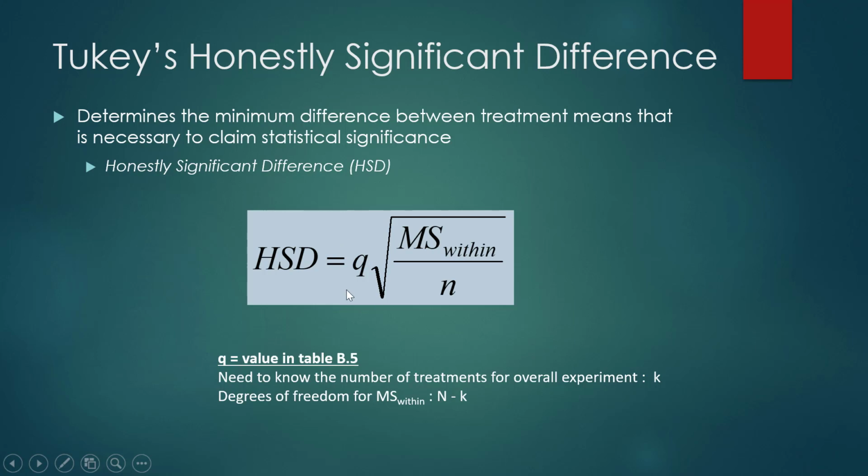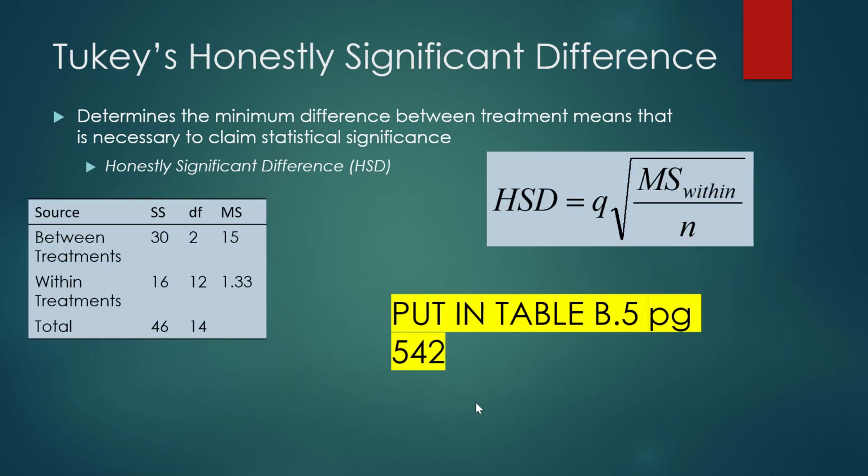In order to do that, we need to find this Q value. The Q value is in table B5, which I couldn't get uploaded into the lecture notes in a timely fashion. We need to know K, the number of treatments in the overall experiment, and that's going to be the columns of the table. We know we had 3 treatments. And then we also need to know the degrees of freedom for within, because that's in our numerator here. That's n minus k, which was 12. So going back to our example here,